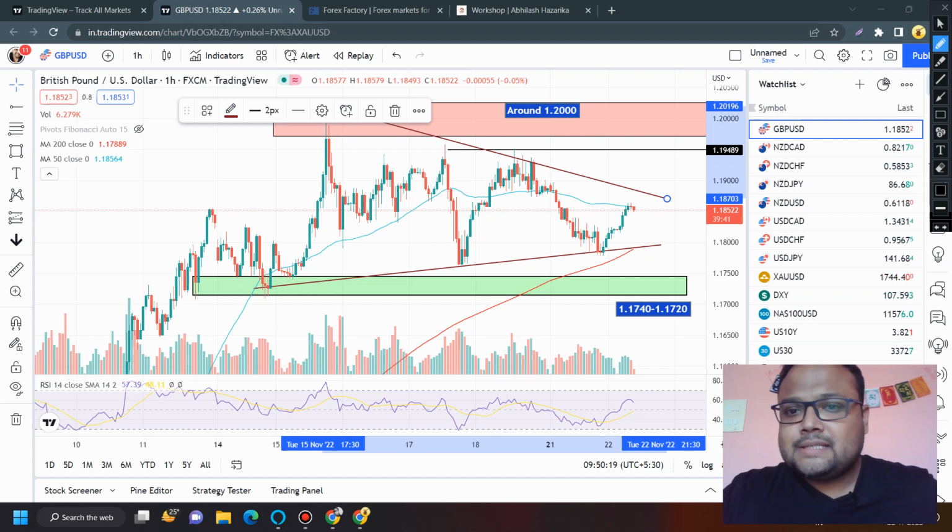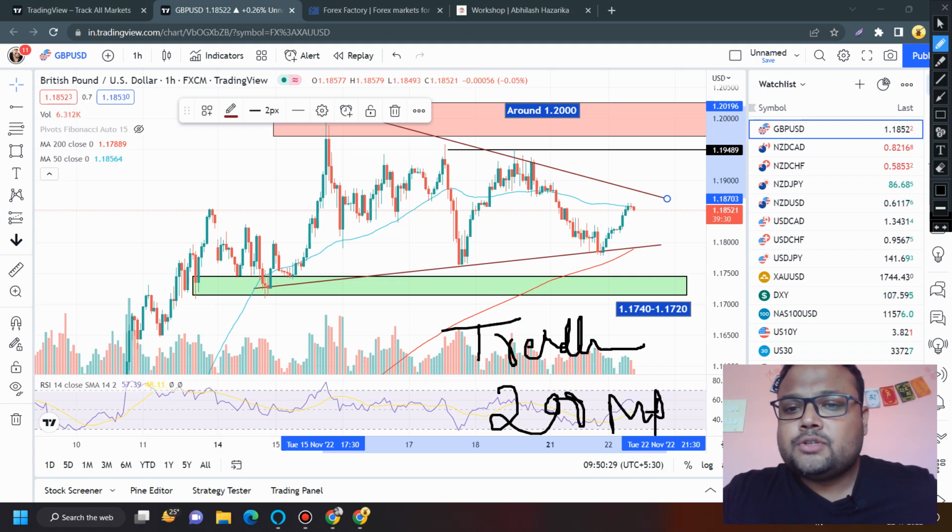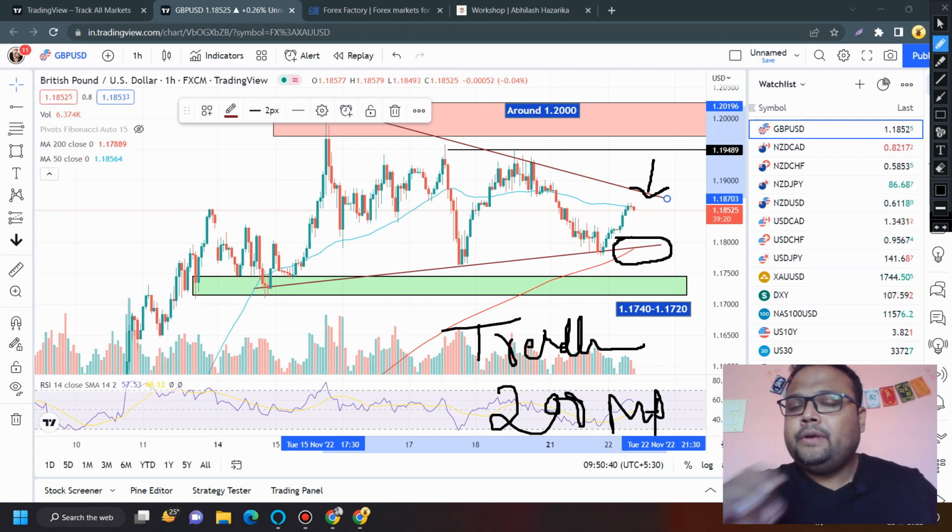And in addition to that, we also have the 200 moving average. In addition to the trend line, we also have the 200 moving average, which is also a very good dynamic support. So if you combine both the factors here, then yes, this looks like a very good support in comparison to this resistance. If you're skeptical, to be honest, I am personally skeptical about the trend line at the top,